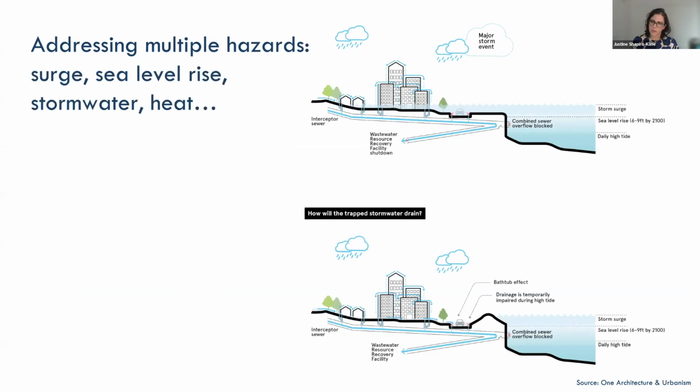Another really important consideration is whether we are creating more problems with the flood protection infrastructure that we are proposing. So when we put barriers along our shorelines, we have to think about the drainage that's happening behind them. So these are 2 examples of a hypothetical coastal edge where you have sea level rise, where you have a surge event. There was a question about drainage, and our